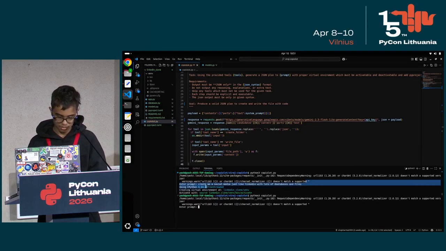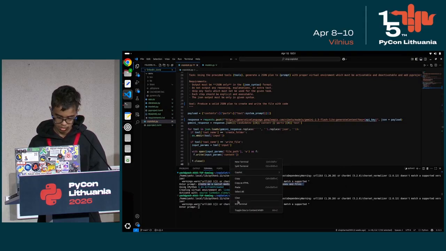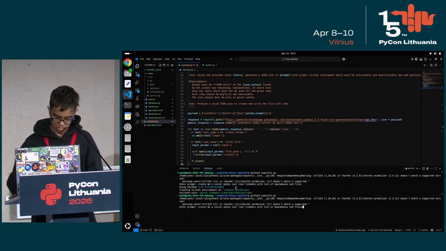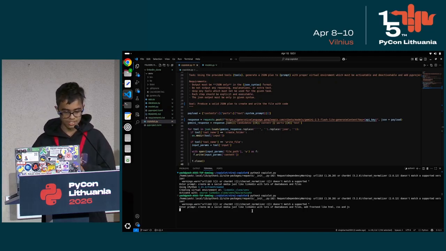So let me copy this prompt with front end. It will generate another project folder with a different name.